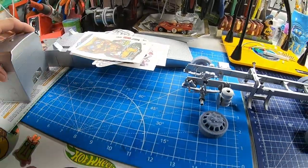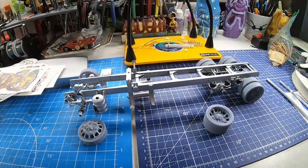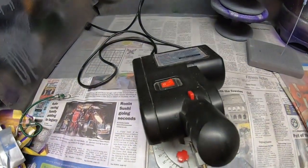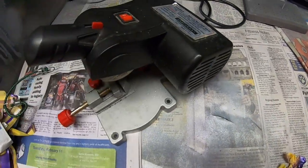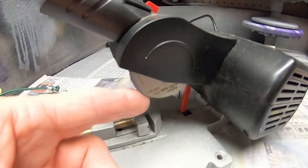All right, so that's that. And I'll add a little bit more onto this in just a bit. Yeah, so this is what I use to cut tubing with. This is just a little mini chop saw, and these things are not expensive. I got this off of Amazon, I think, several years ago. The blades are replaceable,